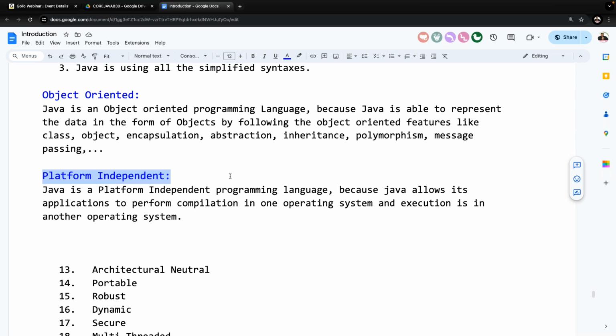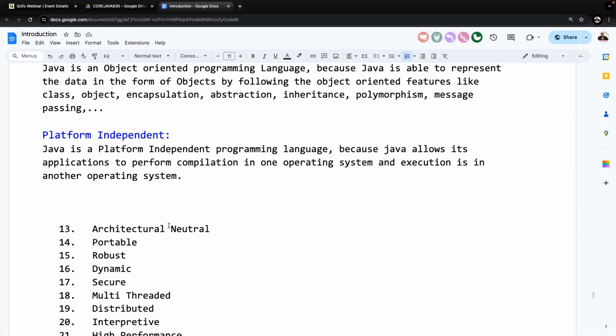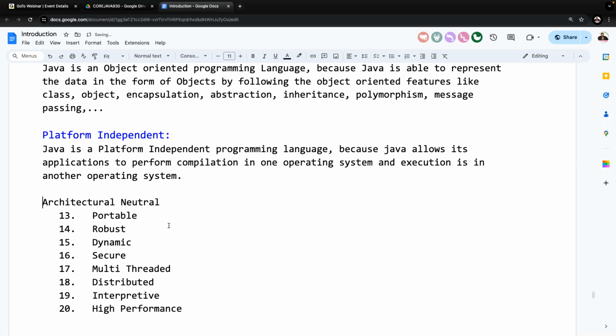Those who are new members, don't worry. I will give some more internal content for it in the future, in the differences between Java and others. Don't worry for it. Leave this part here. This is completed. Now, the next topic is like what there?